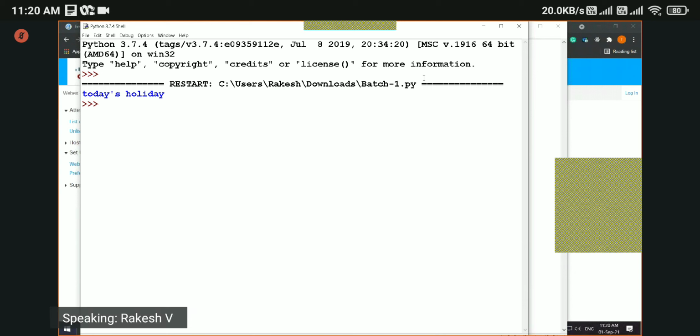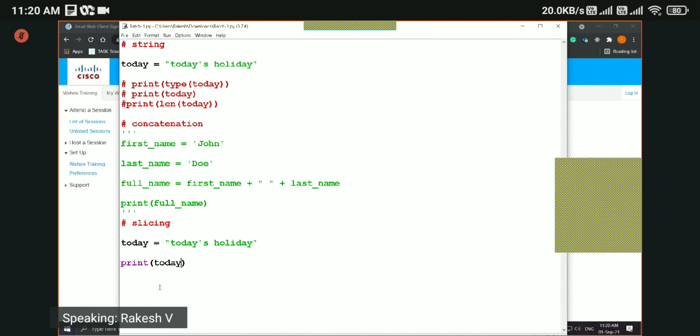How do you do that? For that we have something called slicing. Index numbers are useful in this case. Like I said, index numbers will start from 0 and every character will have an index number. In this case, T has index number 0, O has index number 1, and so on.